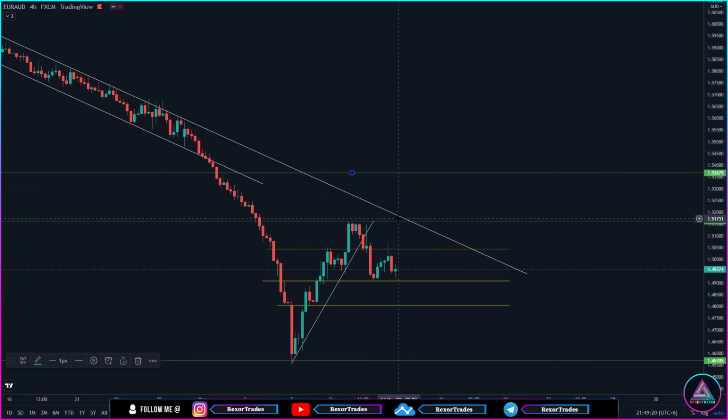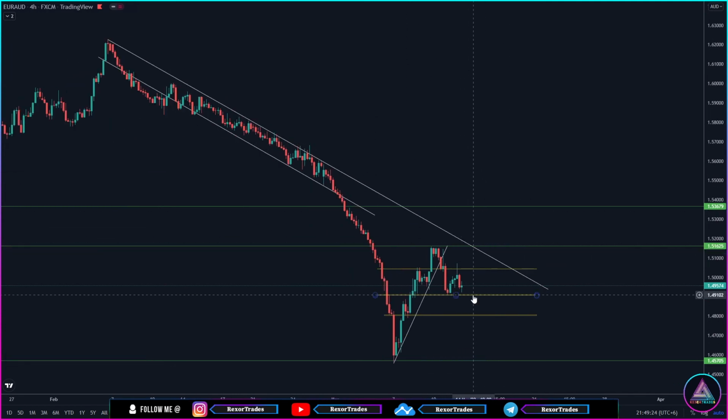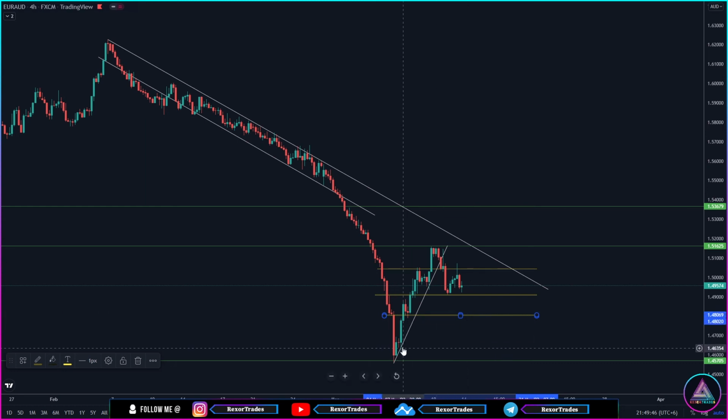In a similar way, if we see EURAUD making a break and close below this key zone and coming to retest this key zone, and if you see EURAUD forming this sort of a ranging phase in between this and this key zone and making a break and close below this key zone with further bearish move, then we have this beautiful candle over here which EURAUD might go down with further bearish move to retest maybe anywhere around this key level